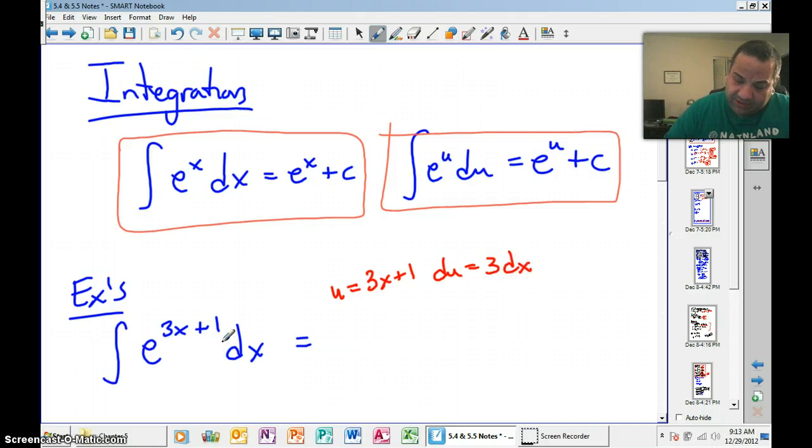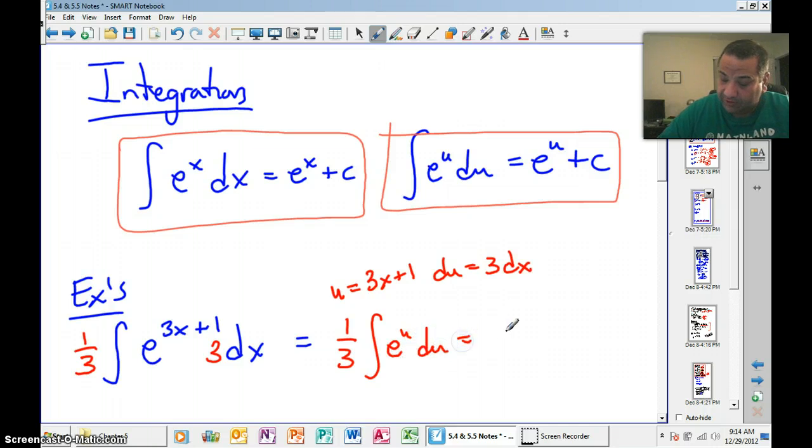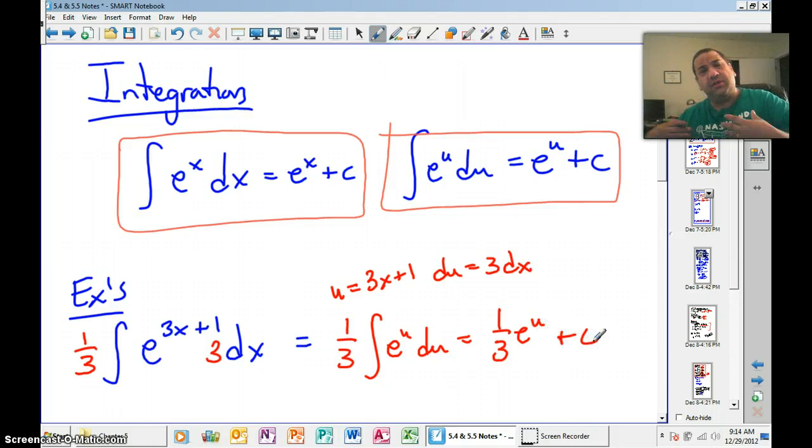Well, I have a dx, so if I do a 3 here and a 1/3 here, looks like I'm golden. Because then that means I have 1/3 e to the u du, which is just 1/3 e to the u plus c. Replace with u now. So the u was 3x plus 1, so my final result is e to the 3x plus 1 all over 3